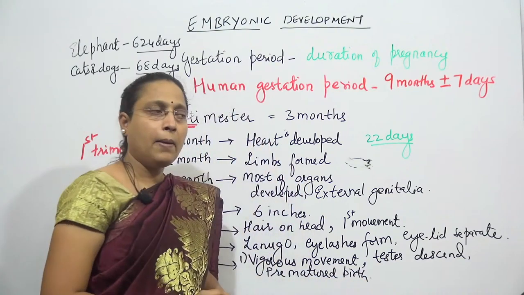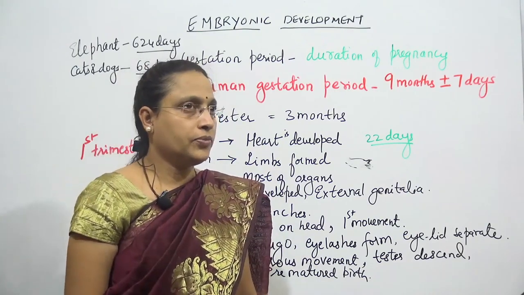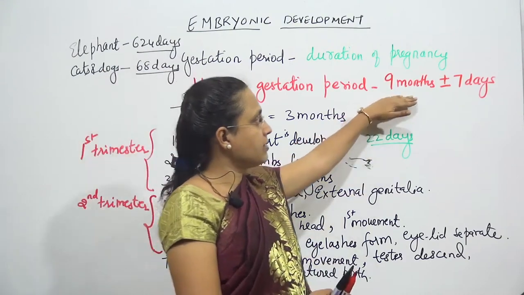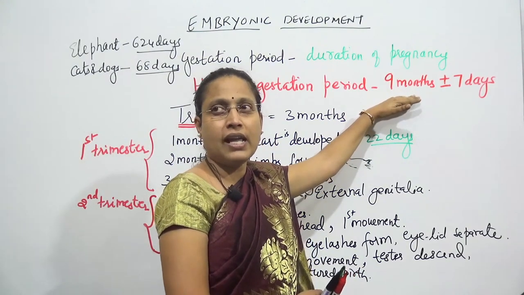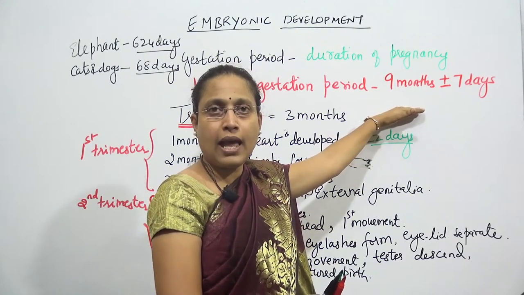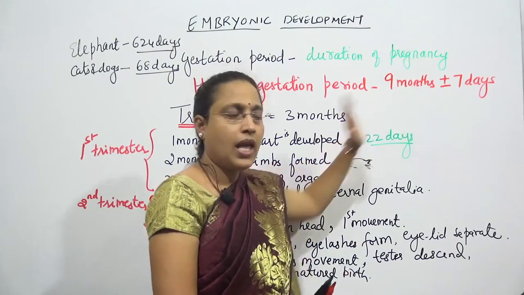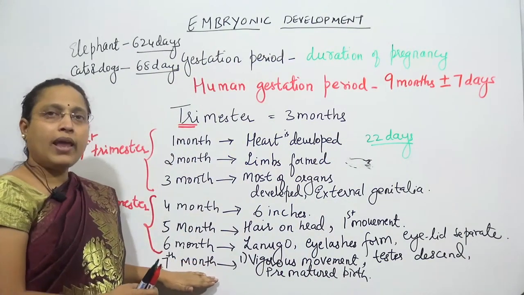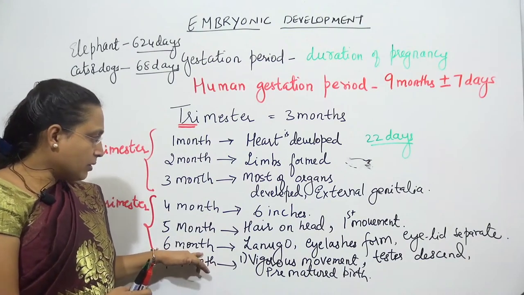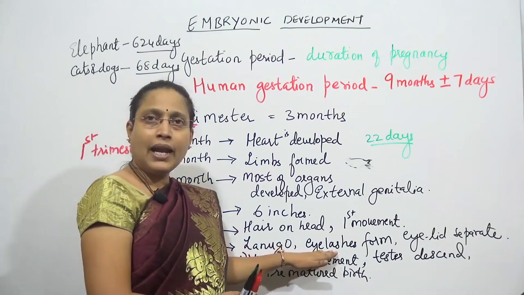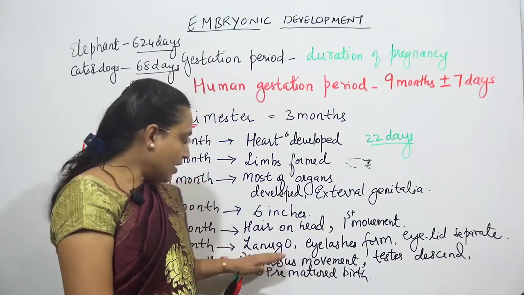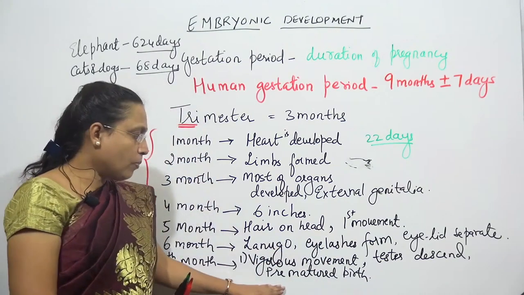What do you mean by premature birth? In premature birth, instead of birth taking place in 9 months plus or minus 7 days, some fetuses get delivered early, and that is called premature birth. And that premature birth can occur when? In the 7th month. And you should also know that just before the 7th month, the organ that developed late was the lungs. So just now the lungs have been developed. And if the delivery occurs in the next month itself, that is called premature birth.